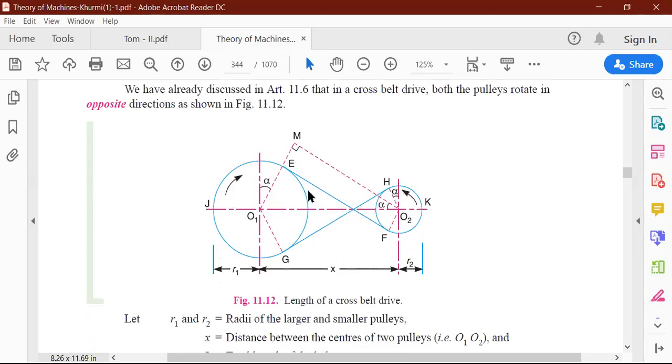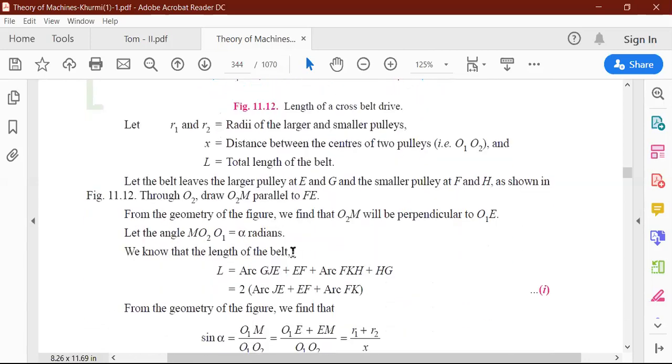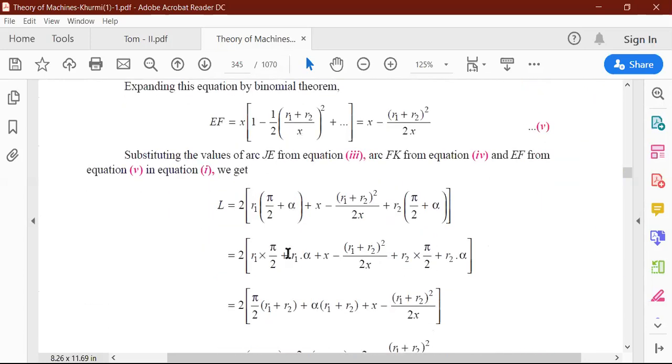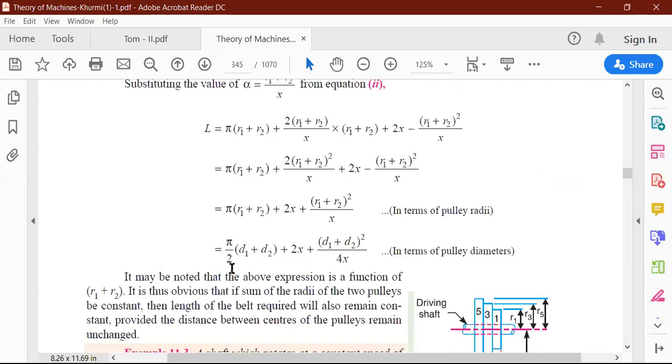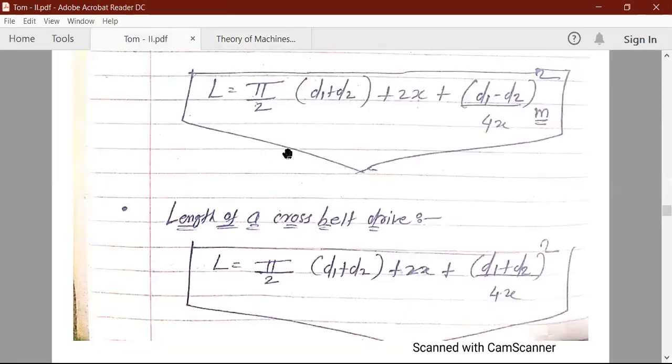So that's why this cross belt format occurs. In this case, again the center to center distance between these two pulleys is x, r1 is the radius of the driver pulley and r2 is the radius of the driven pulley. And finally, your formula is pi by 2 d1 plus d2, plus twice x, plus bracket d1 plus d2 bracket square divided by 4x. As we already saw, the basic difference is that here is a minus sign and here is a plus